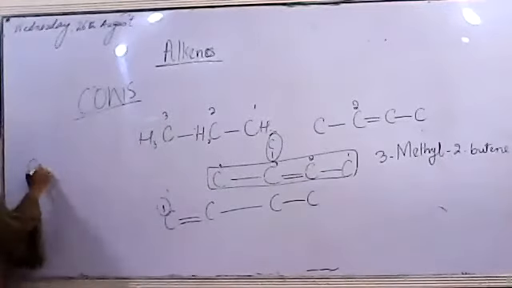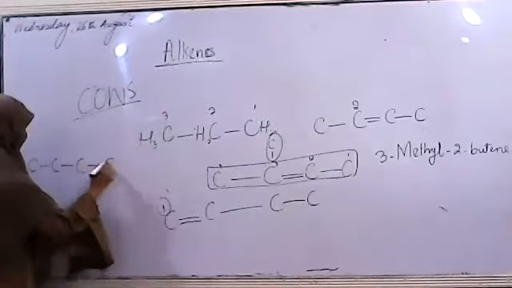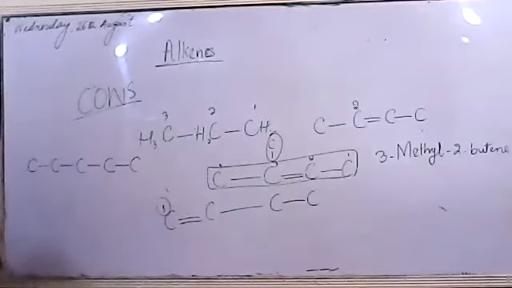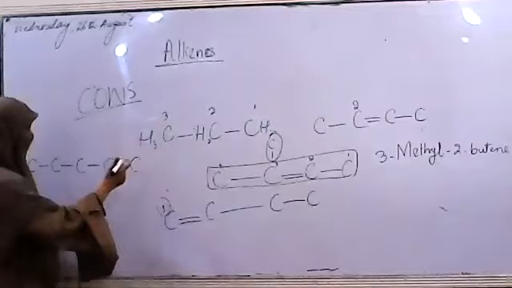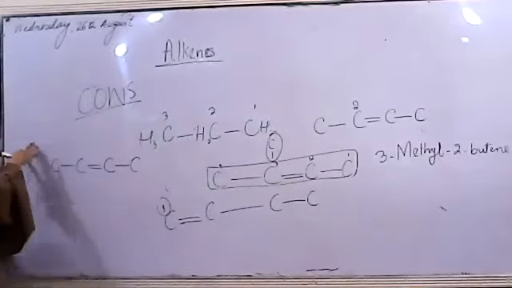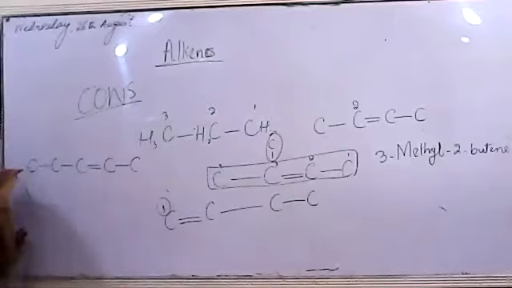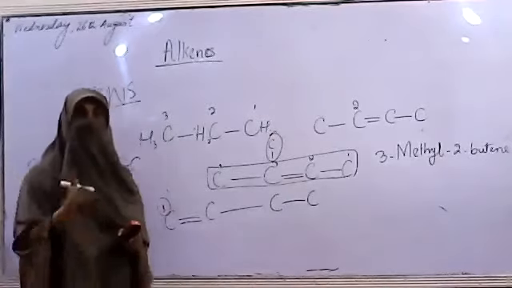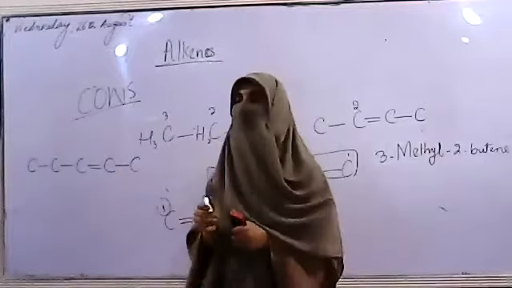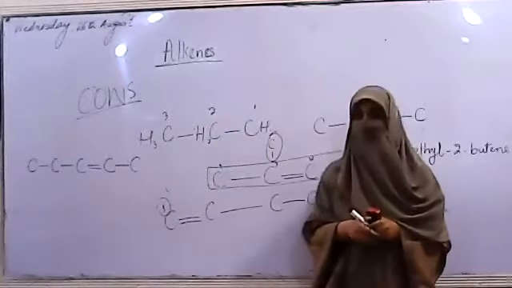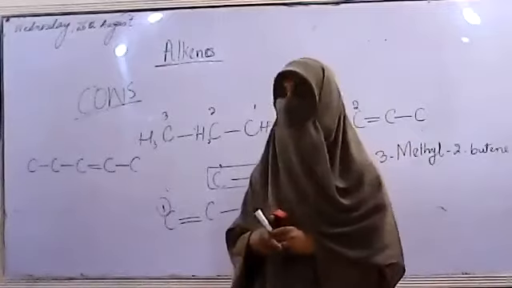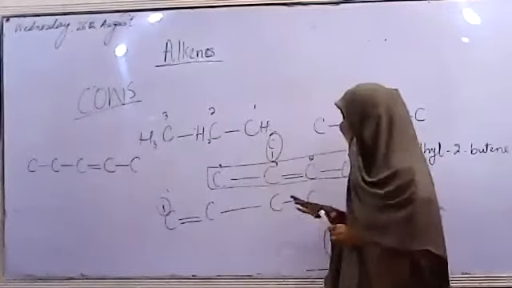N-pentene was 1, 2, 3, 4, and 5. So you can place the double bond at any position. Let's say if it is at this position, it is 2-pentene. We just remove one of the carbons from the terminal position and place it on the chain as a substituent. Placing the substituent in the case of alkenes also forms isomeric compounds, not only by differencing the number of double bonds. I hope I'm clear at that point.